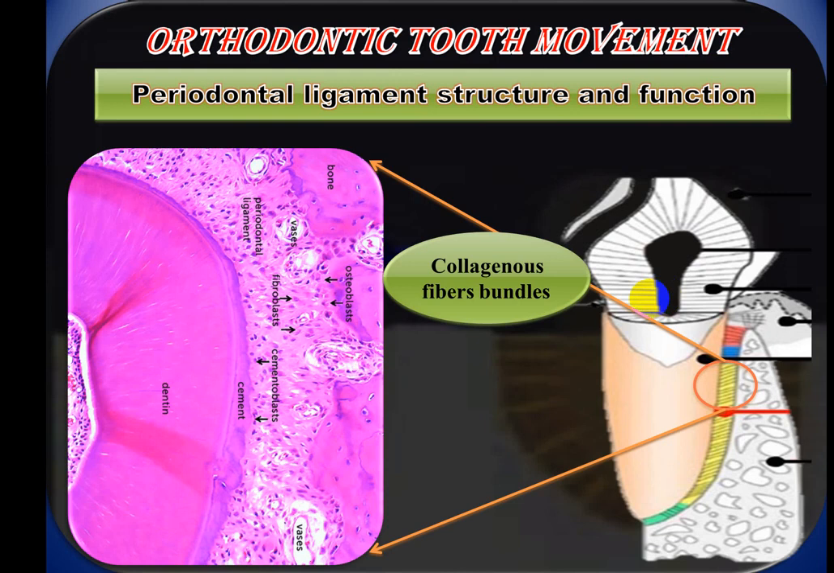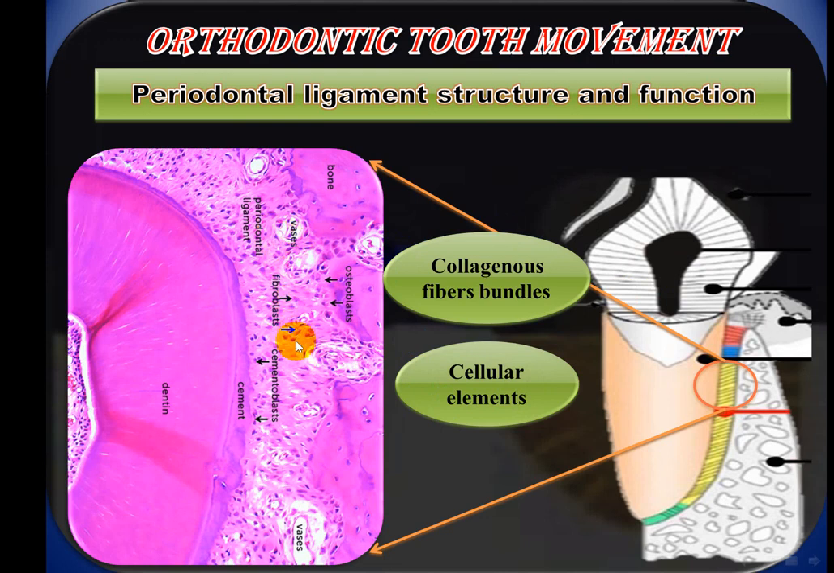The second component is the cellular elements and the vascular and neural elements. The cellular elements present in the PD ligament are in the condition of mesenchymal cells. I mean, they are undifferentiated cells. Later on, these mesenchymal cells will differentiate according to what happens in the PD ligament space into different types of